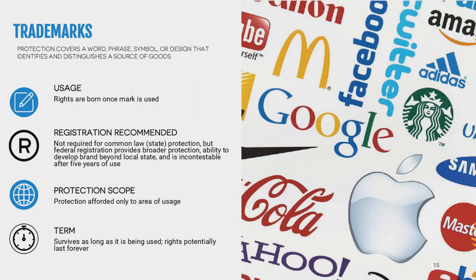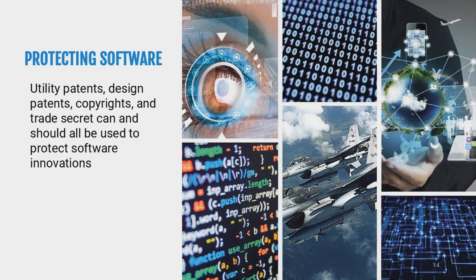Software is a unique animal. When the patent laws and IP laws were developed, they were not thinking about software. And so, for software, you can use patents, trade secrets, and copyrights to protect almost any number of IP to protect software. That could be very challenging, but it could also be very profitable in the sense that you have a lot of different options to choose from.